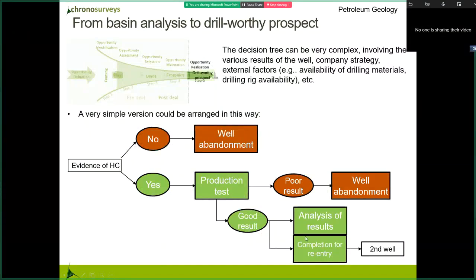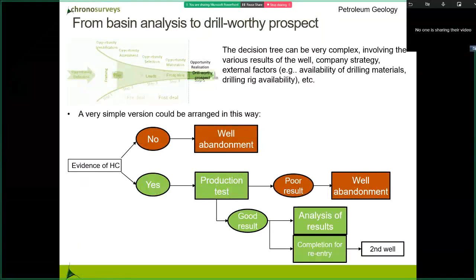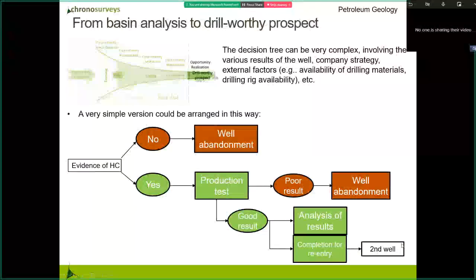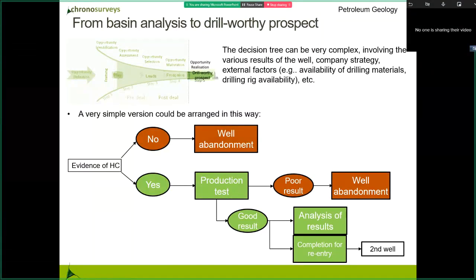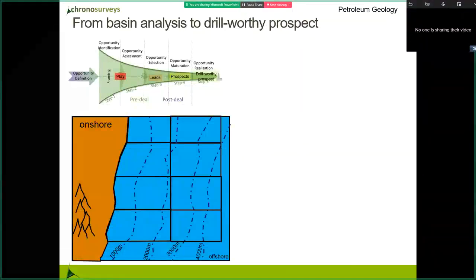If the production test is good, then you will analyze the results and you can maybe keep that well for a later re-entry and turn that into a producer and injector well. And you can start thinking of second wells for appraisal or to drill nearby prospects. Then a graphical view of this